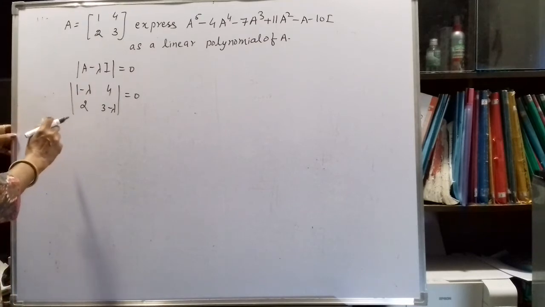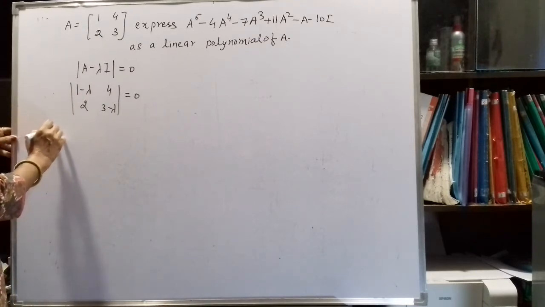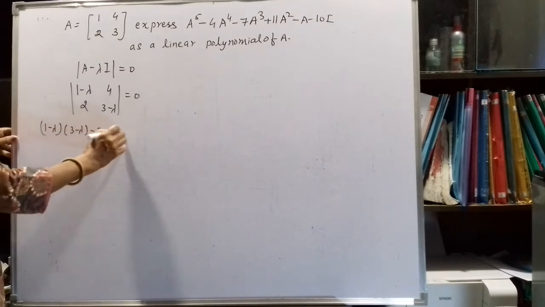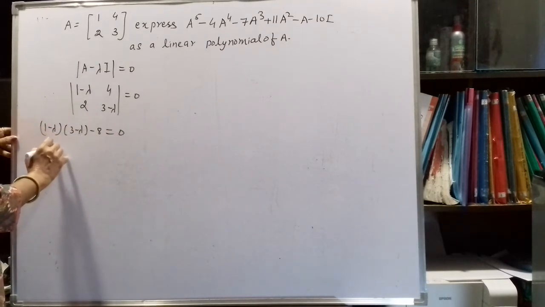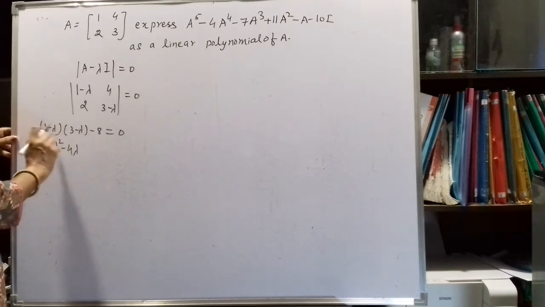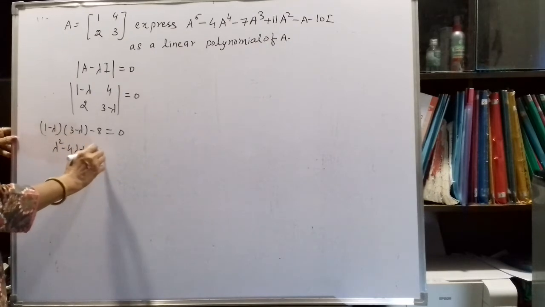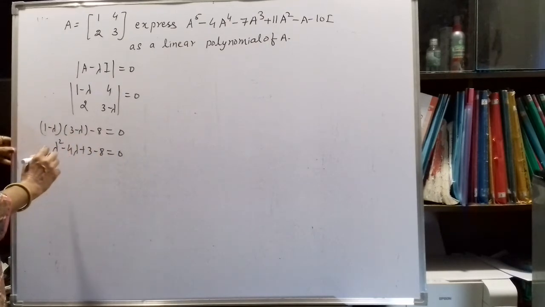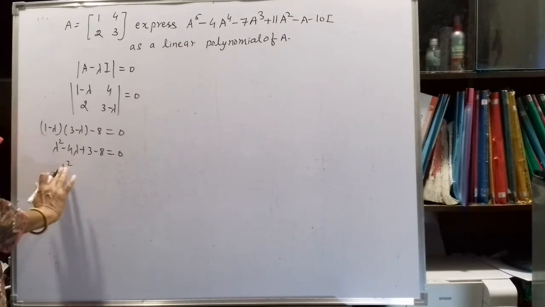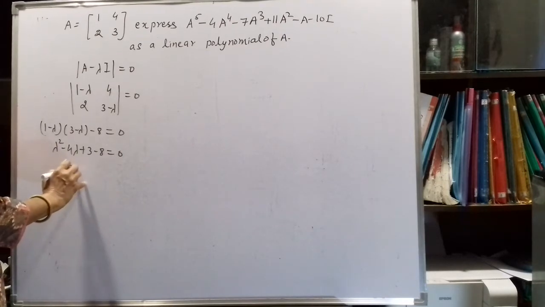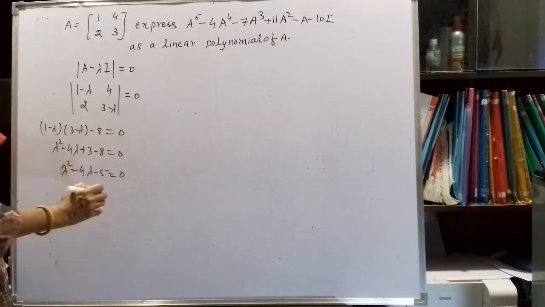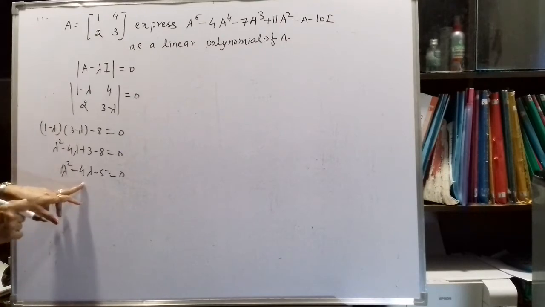Now we have to solve this one. So we will get (1 minus lambda)(3 minus lambda) minus 8 is equal to 0. So we will get lambda square minus 3 lambda minus lambda plus 3 minus 8 is equal to 0. So that gives lambda square minus 4 lambda minus 5 is equal to 0. This is the characteristic equation, and